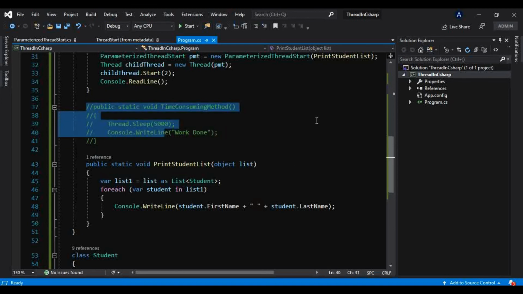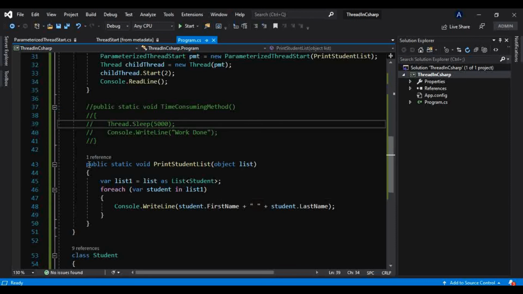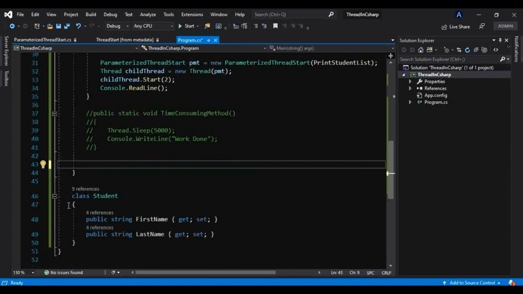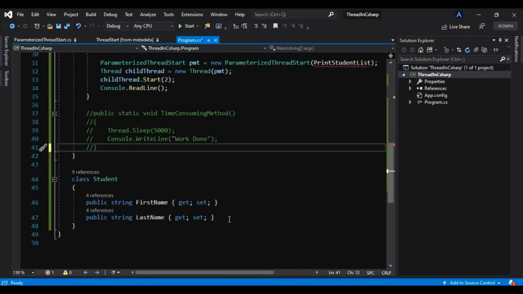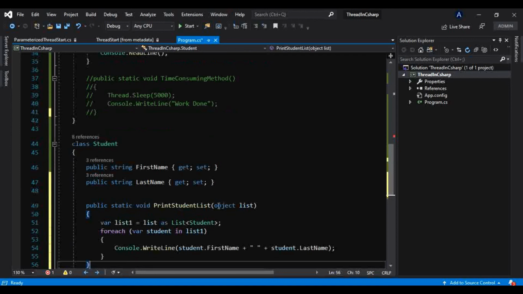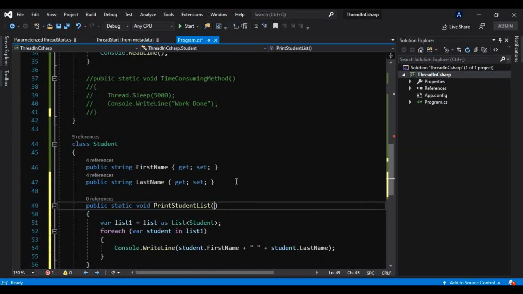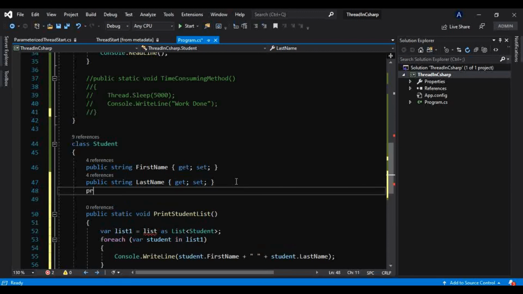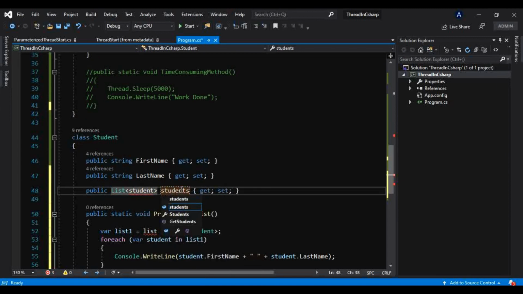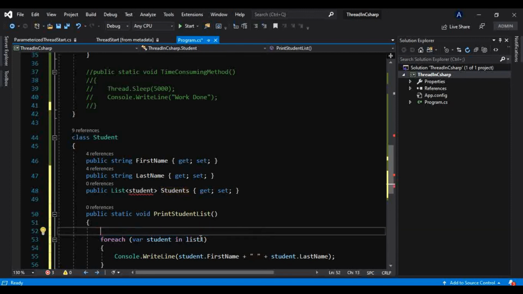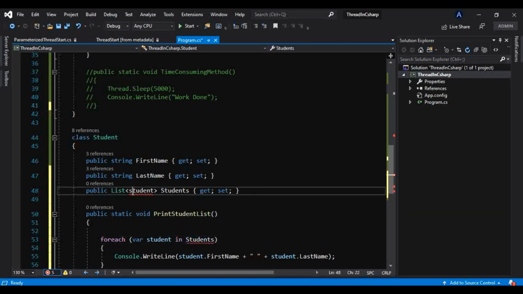Instead of taking this method explicitly here, I can put that inside this class, and instead of taking that list as a parameter, I can take one property here which will be of type list of student, something like this, and I will name that Students, with a big S. Okay, and instead of that list, I will get rid of this, and pass that Students here, that should be big S here as well.